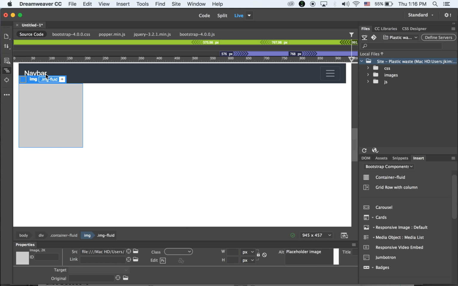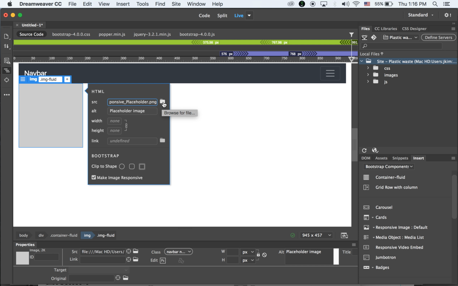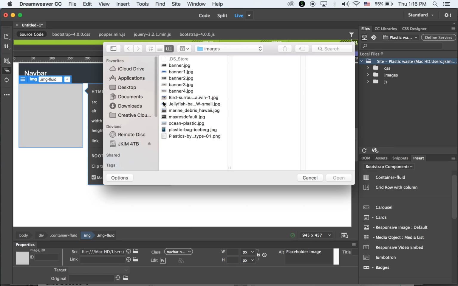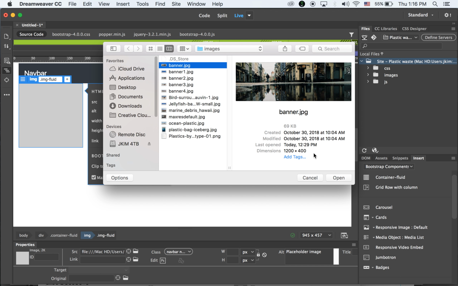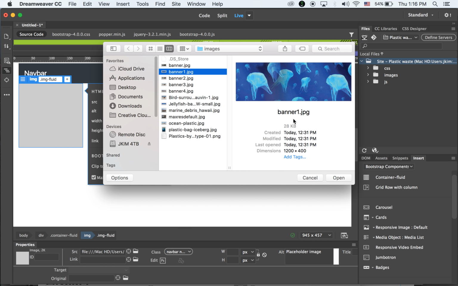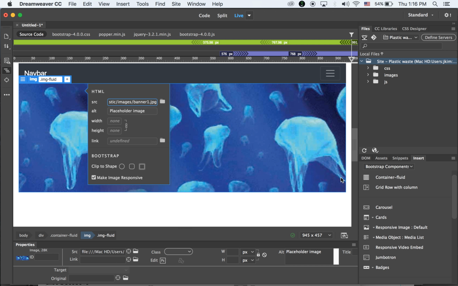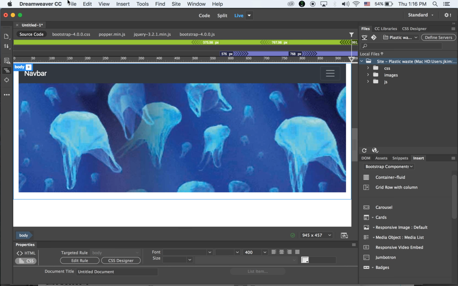Click on it. It comes with a placeholder image like this grayscale square. Click on it and let me browse for my first banner image, banner one, like this. Okay, so I have this. Let me save it